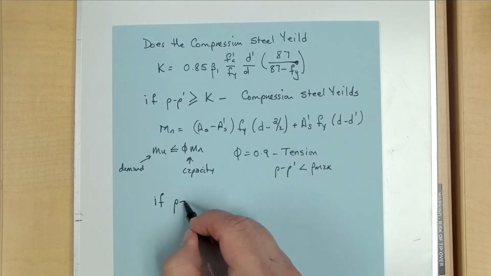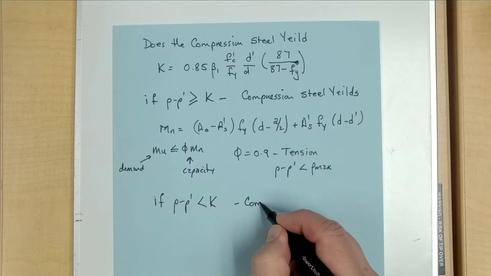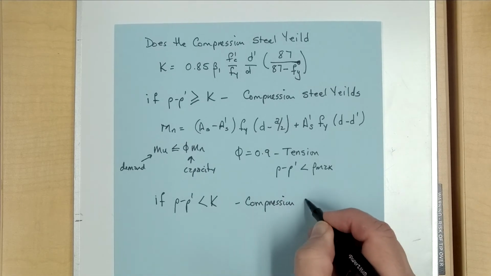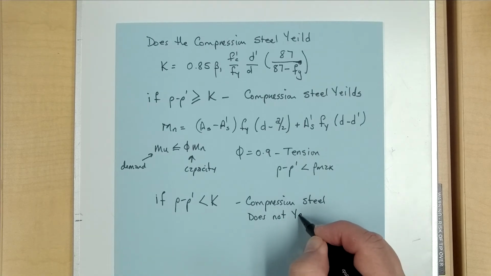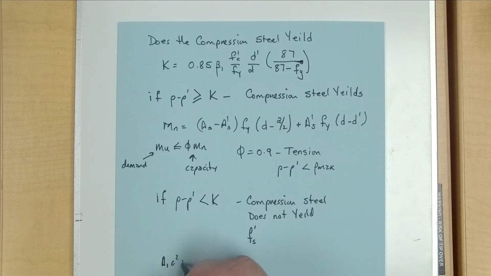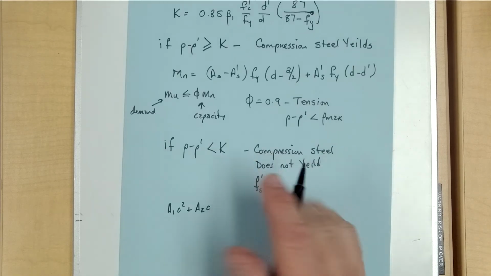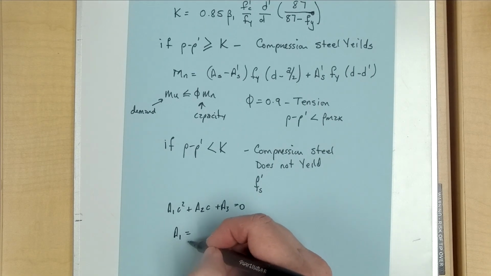If, on the other hand, rho minus rho prime is less than K, that means the compression steel does not yield. Which means that we don't know what the stress in the steel in the compression block is. If that is the case, we have to solve a quadratic equation, which is A1 C squared plus A2 C plus A3 is equal to 0, where A1 is equal to